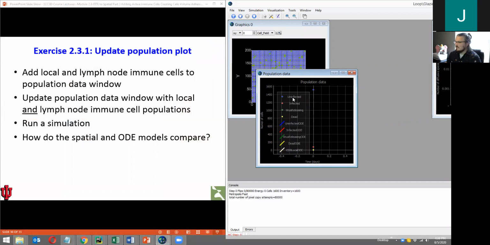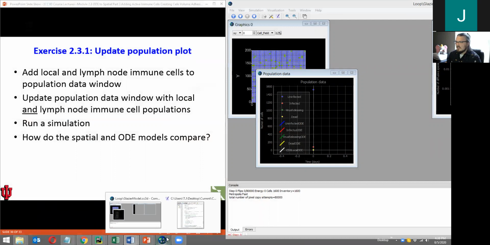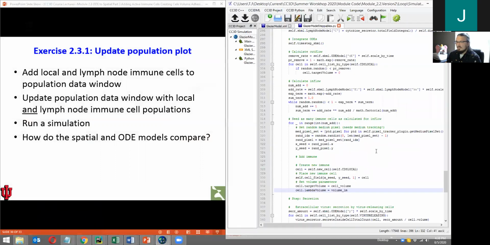I would like to give you about, say, 10 minutes or so, maybe a little bit shorter depending on how everyone's doing. Go through the data plotting defined in Twedit for the population data window,